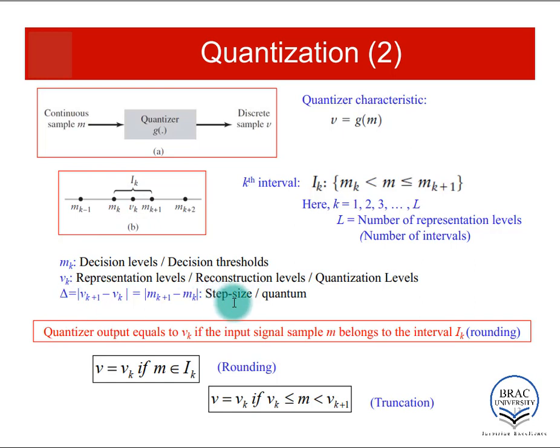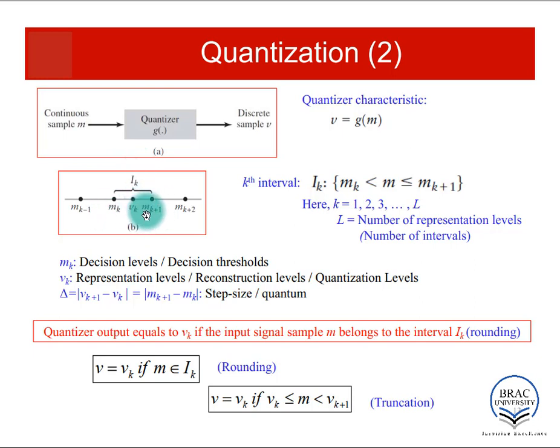Okay. What is rounding? When a sample m, which is continuous, is given as input to a rounding quantizer, the quantizer first checks which two decision levels the sample lies between, and then accordingly it provides a quantization level to it. Let's say I_k is the kth interval, and I_k means the interval between m_k and m_k plus 1. So if a sample lies between